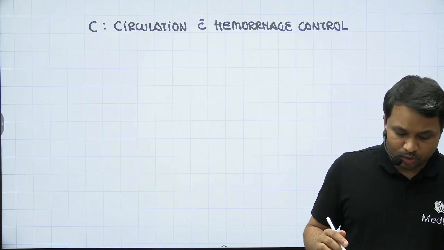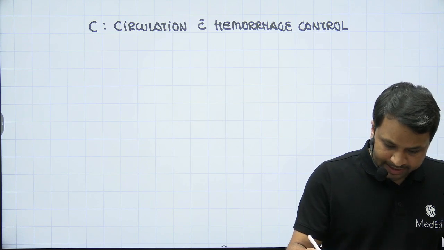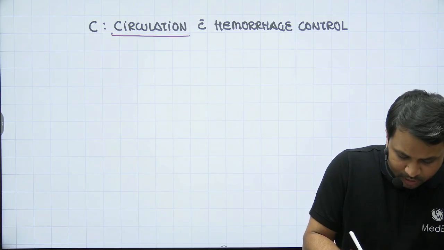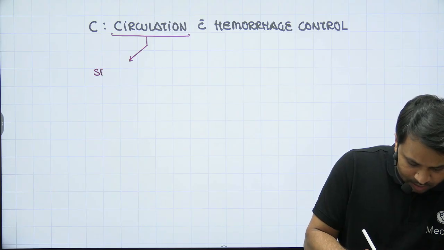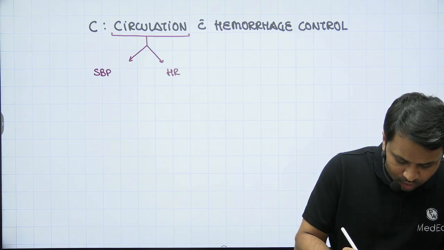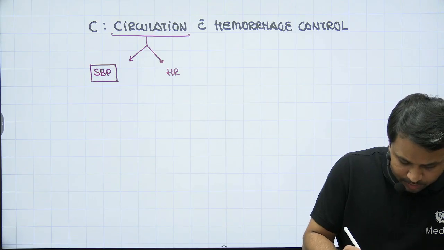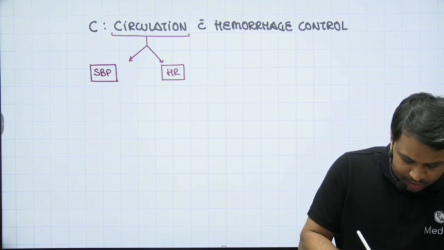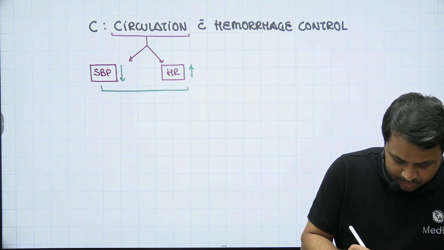So whenever it comes down to the circulatory assessment, this is a very, very important component. When you're looking at the assessment of the circulation, whether it is hemodynamically stable or unstable can be assessed by, number one, the systolic blood pressure, and number two, the heart rate, also called the pulse rate. So 2 components that we will be taking into consideration. One is systolic blood pressure, another is heart rate. Now remember, whenever the systolic blood pressure is less and the heart rate is more,